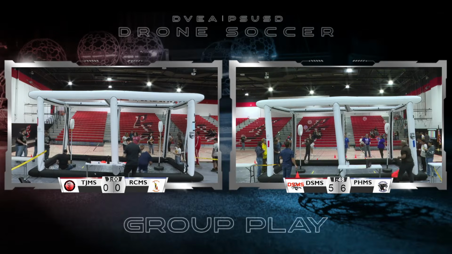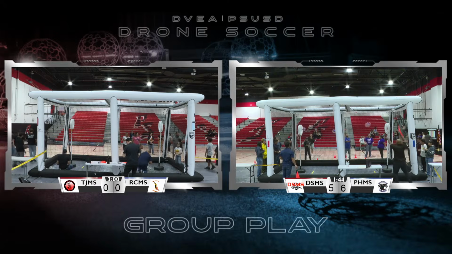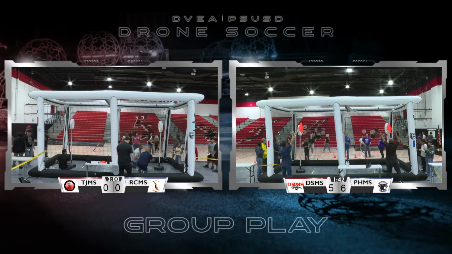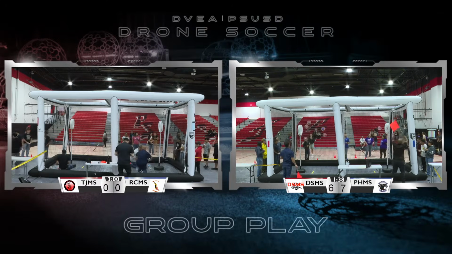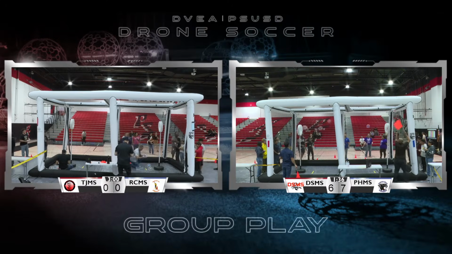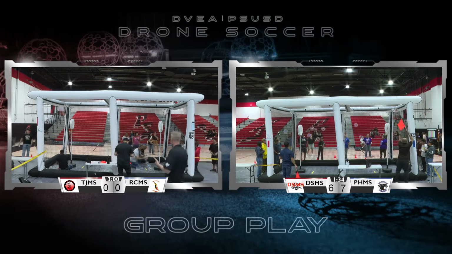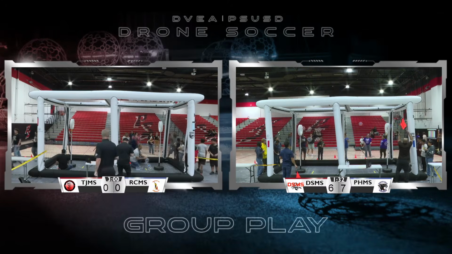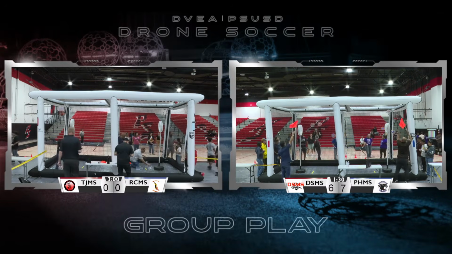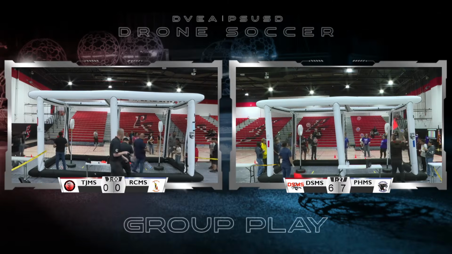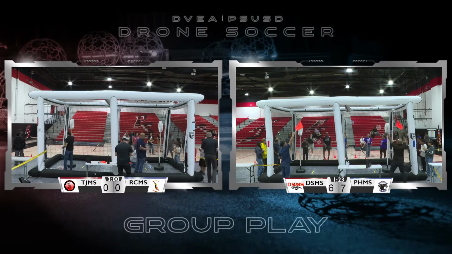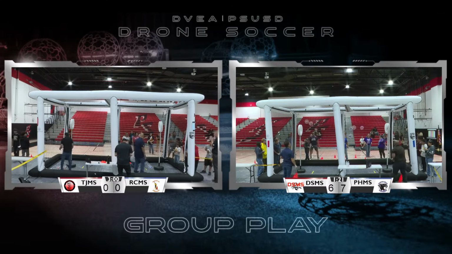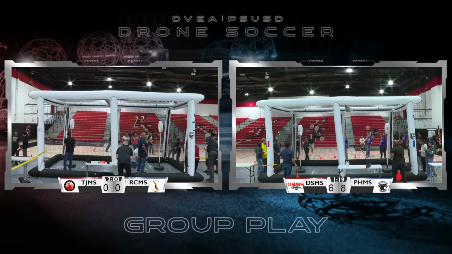You can hear the coaches talking with their players, not only iterating the score, but also the time that's left to play, which is still half the time on the clock. Players have to balance a lot of visual inputs as they're flying these drones. They have to pay close attention to their own drone so they don't get confused or lose track of which drone is theirs, as well as watching the sideline referees indicate when a goal is scored.